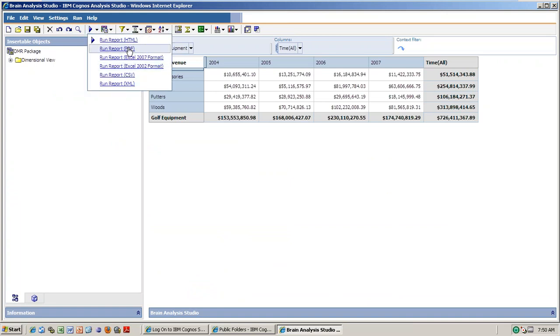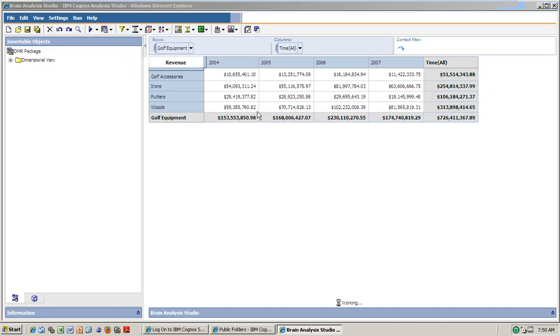You can open in the PDF format, the Excel format, the 2002 format. What are the things you can do? You can open in the CSV format also.